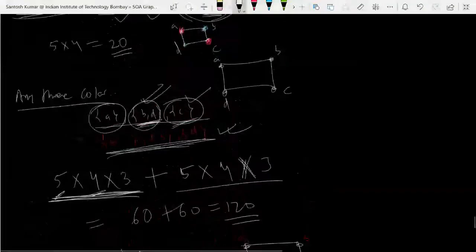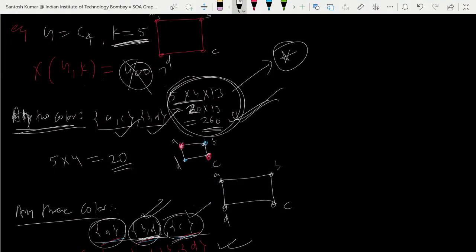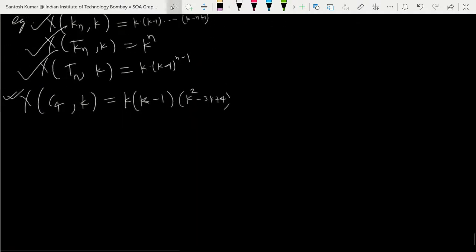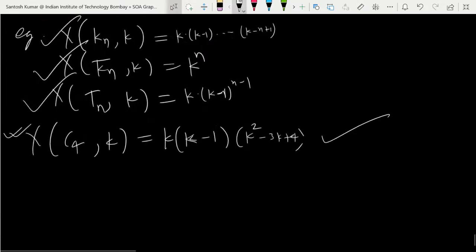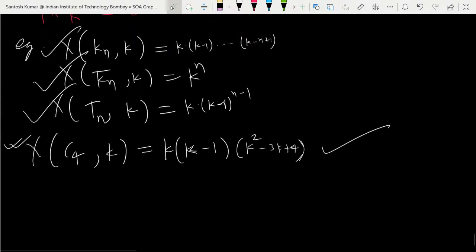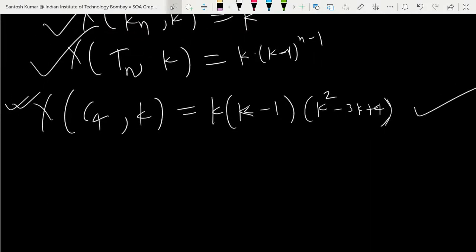Now using partitions I derived. So this was the formula. So okay, k is 5 here. I have given you 5 colors in C4. If you put k is equal to 5 in this expression, you will get the same answer, 260. So how did it come? I will derive it in a similar way like we did in the last class. We did questions then, 260 we got in a detailed way. So I will derive that also. Let me just continue with the theory.